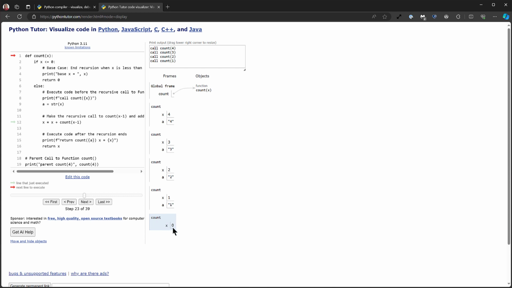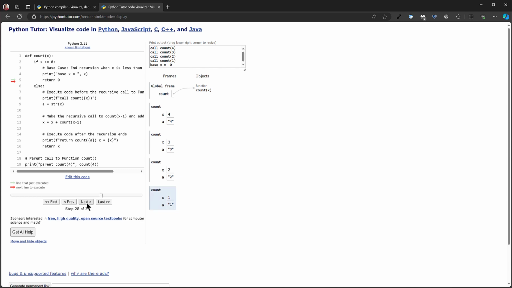But notice that my call here is passed in 0. What's going to happen now is that it's going to execute this base case, and 0 is less than or equal to 0 is going to result in being true. And so you can see here it's now actually inside my base case, which means it's going to end the recursion. There are going to be no more recursive calls, and it's finally going to return the first value. So I click and say, okay, it's now going to return 0.